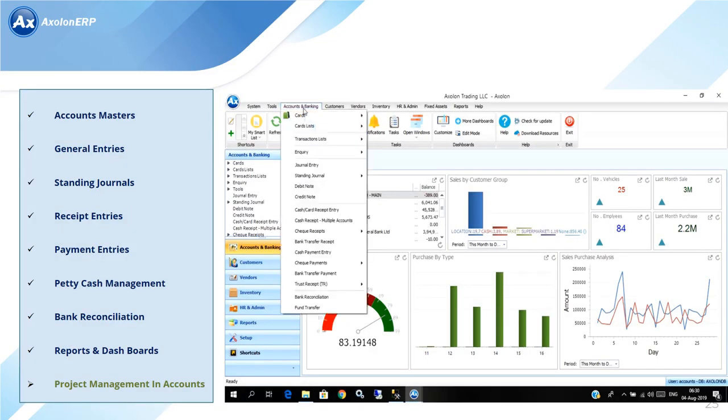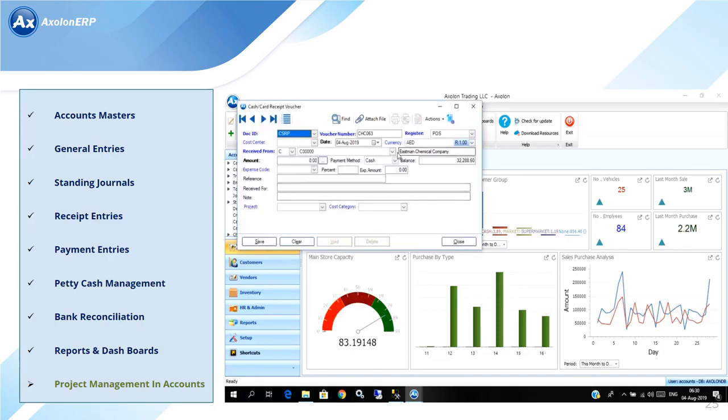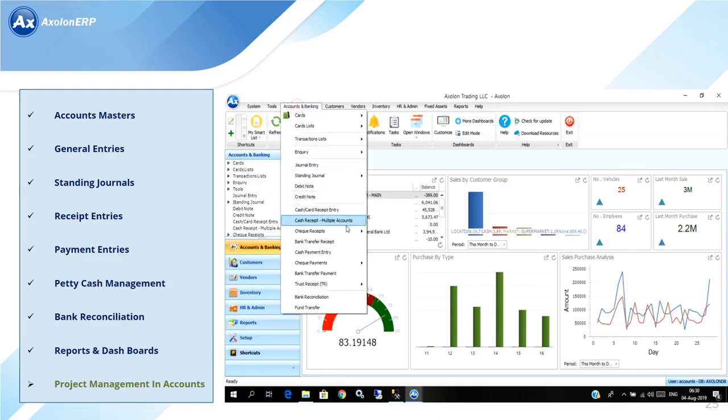In this video we are explaining how to manage project-related account transactions in Exelon. For that purpose, if you are doing any transaction, let's say a cash receipt entry, you can choose the customer name over here, put in the amount, then select against which project you are receiving this money. Similarly, if you are doing any cash payment entry,